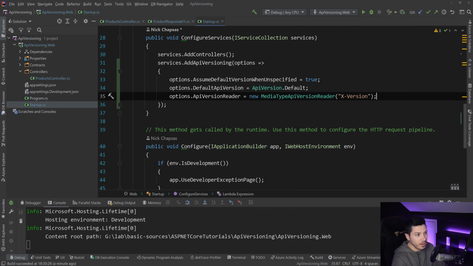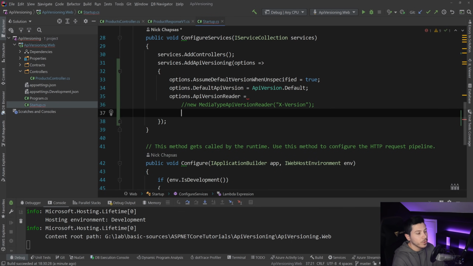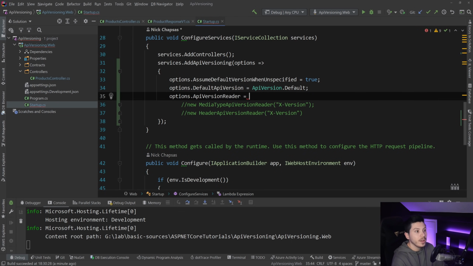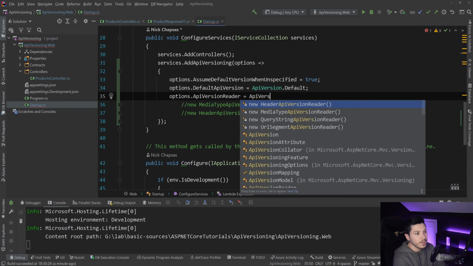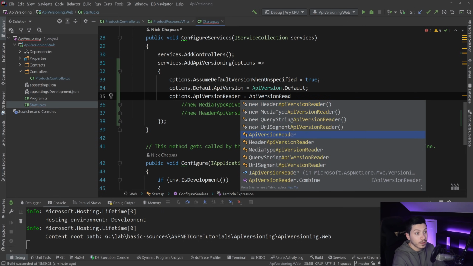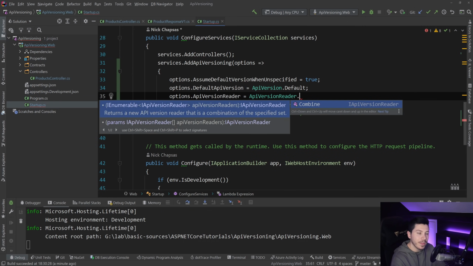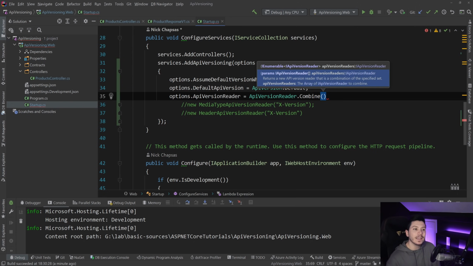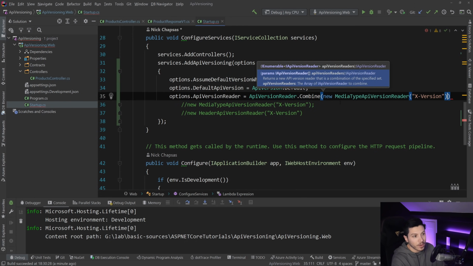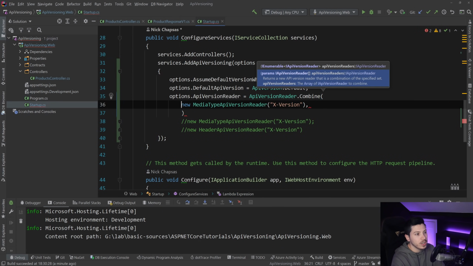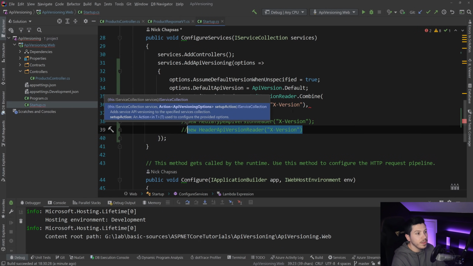what we have is the media type. Let me just put it in a new line. And we also have the header type. You can use the API version reader class, and it has a combine method. And this will combine multiple methods into one, which allows you to use both of them effectively in your versioning to pick up your version. So for example, you can have the X version here, and you can also have the